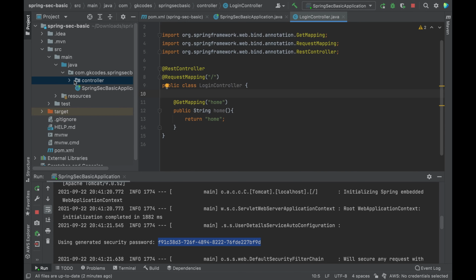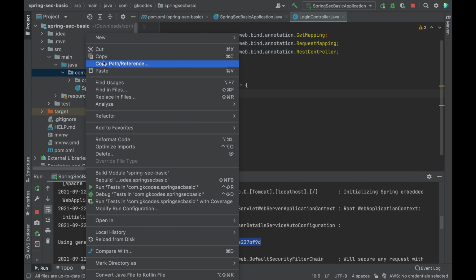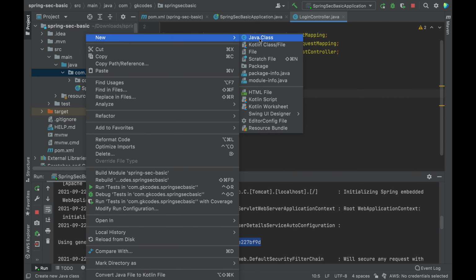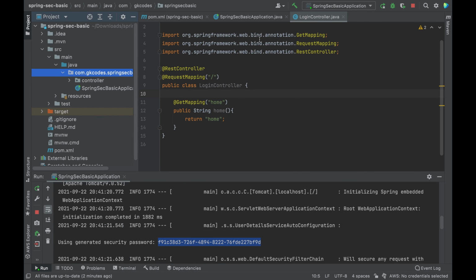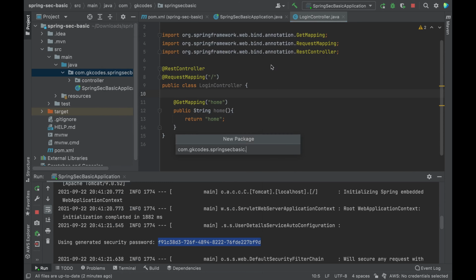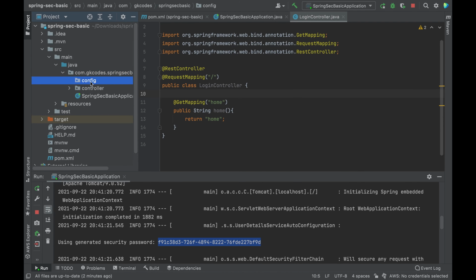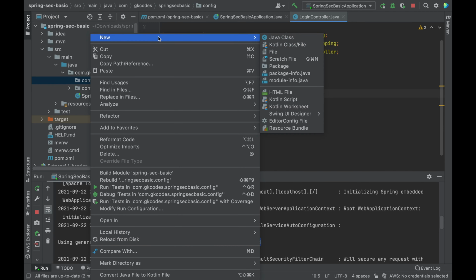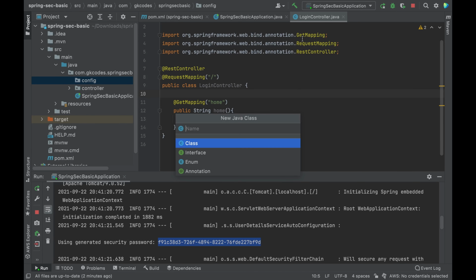Okay, also I am going to create an application security config. So I am going to create a package called config. Inside that config, I'm going to create a class called ApplicationSecurityConfig.